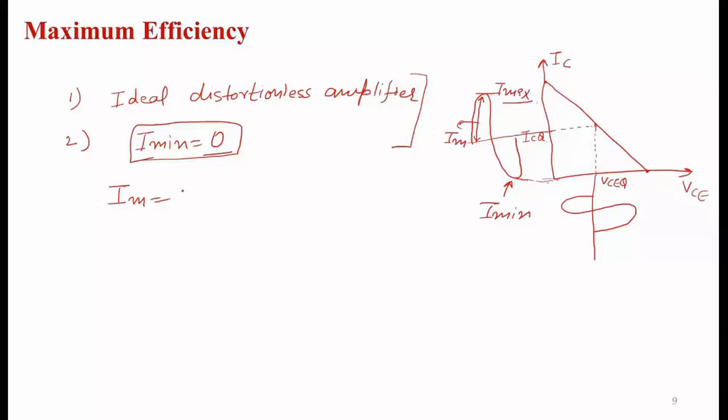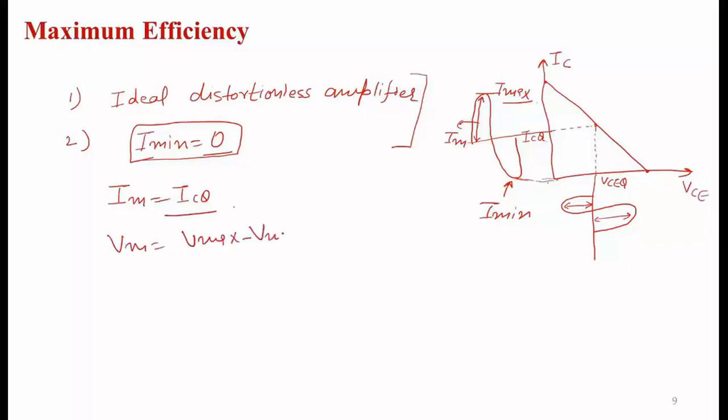This should be equal to ICQ. Now we have to find the Vm. Here we have the Vm. This value is the Vm. So Vm is equal to Vmax